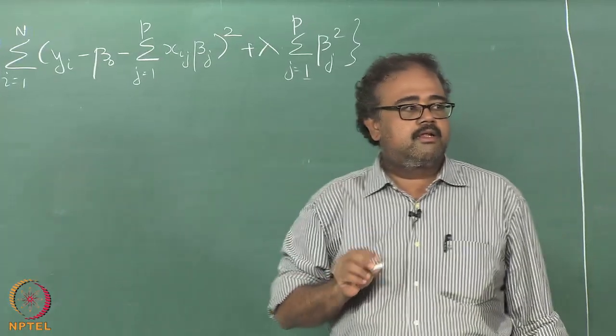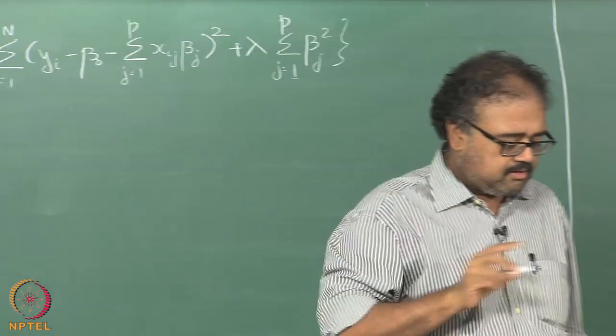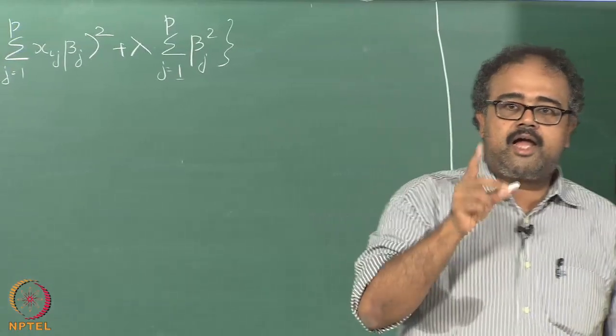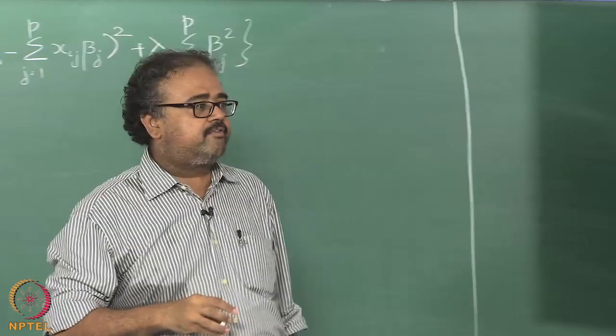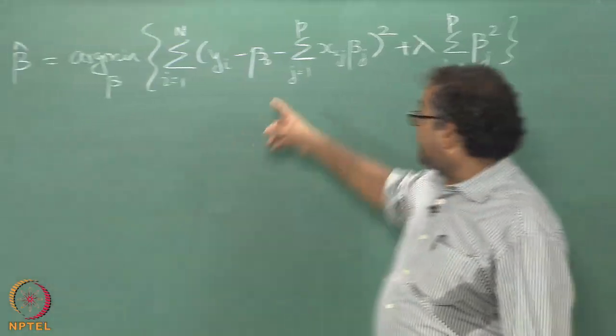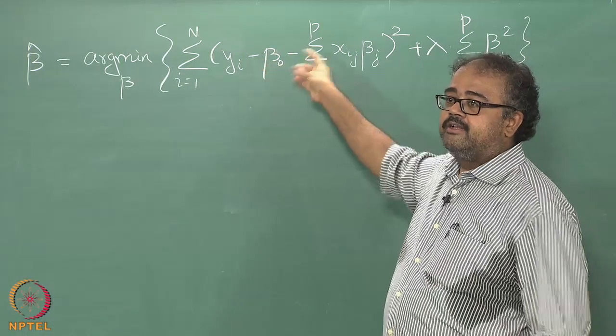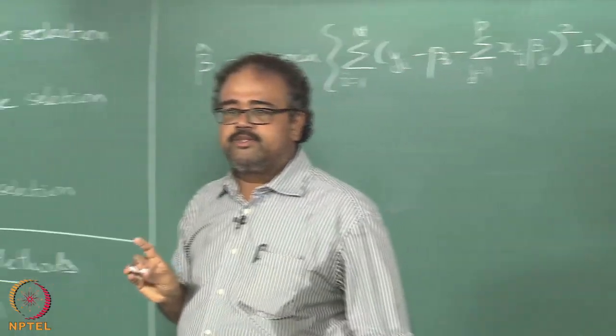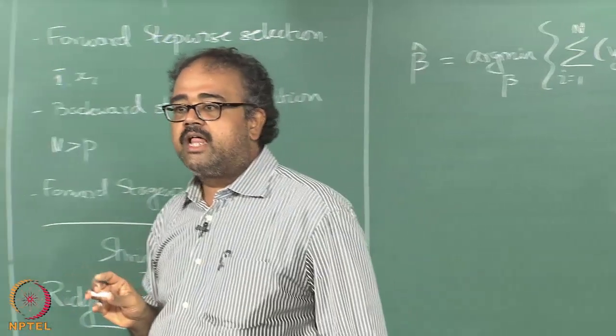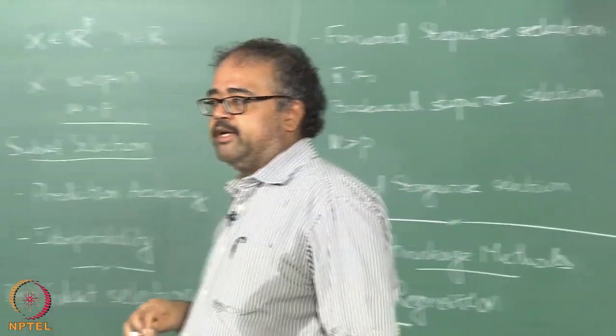Whenever it is larger than 0, we penalize. No, I am not including beta naught. See, the sum runs from 1 to p, it is not running from 0 to p. Also note that I explicitly wrote out beta naught here, I did not squish it into the p plus 1 thingy, because I am going to be treating beta naught specially here, mainly because if I penalize beta naught,